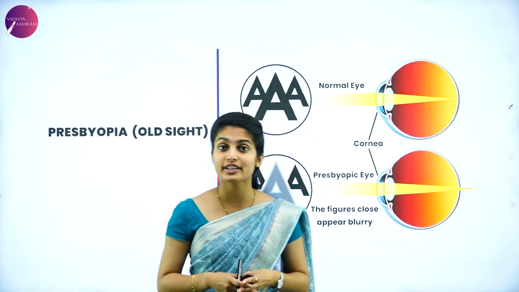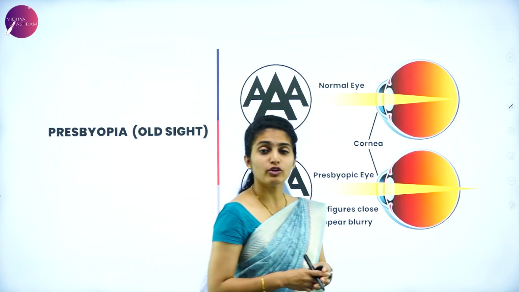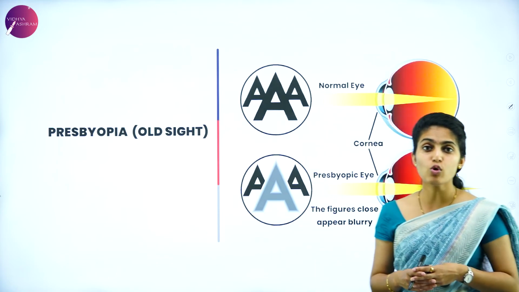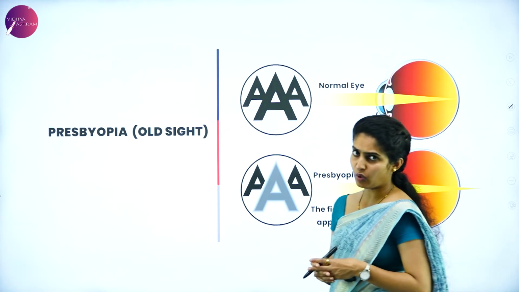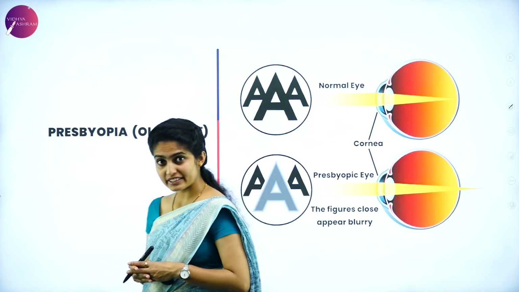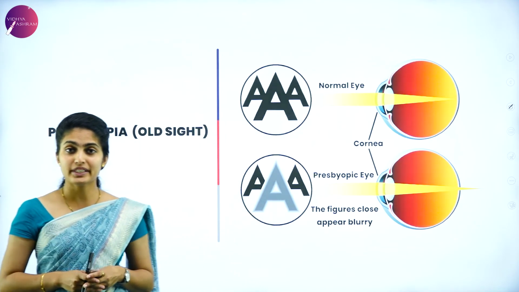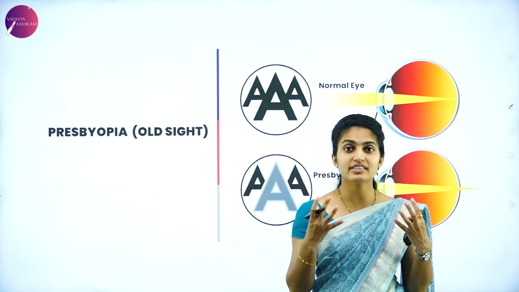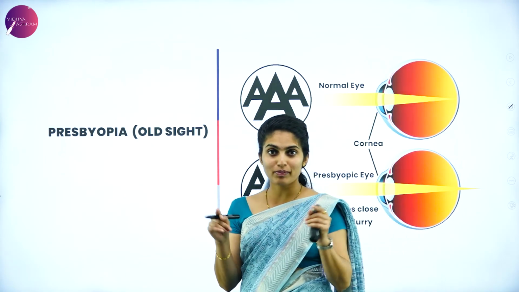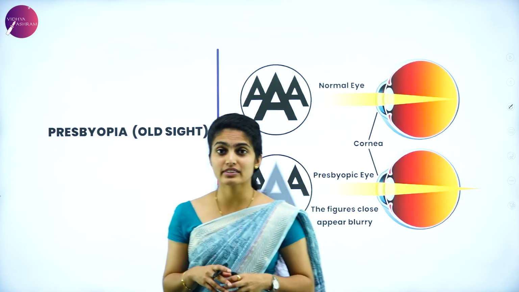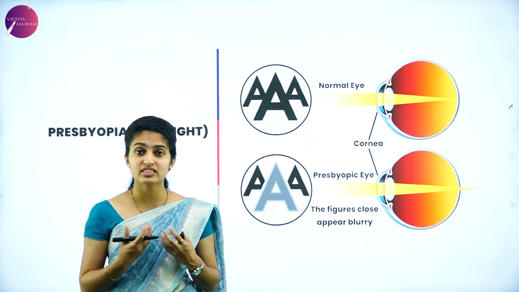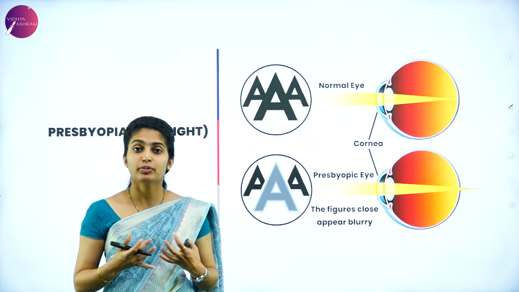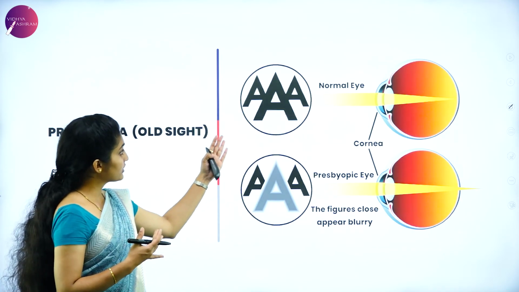And finally we are getting on to presbyopia. What is presbyopia? It is called old sight, okay? What is meant by old sight? Old people having sight? Yes, it is. That means as you grow older and older, I told you the eye lens is held tightly by the iris, correct? A muscle-like structure. That muscle-like structure goes on decreasing. The strength of it goes on decreasing, because of which your eye,